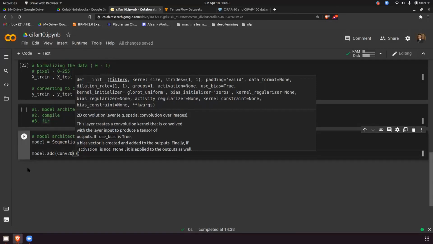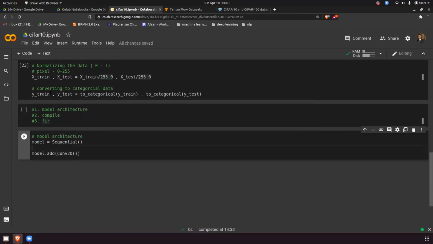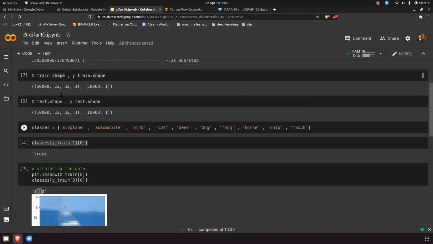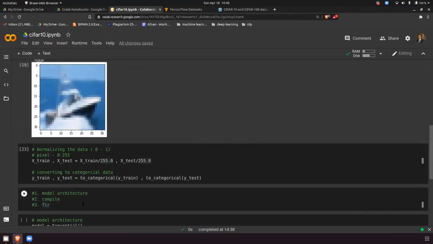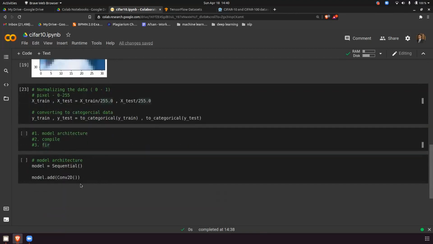The input image size will be decided by the image you are giving. When you do model.fit, my CNN model will automatically identify the size of the image, because the size of the image is 32 cross 32. In ANN also I don't have to identify the input layer, so in this also I don't have to identify the size of the image.